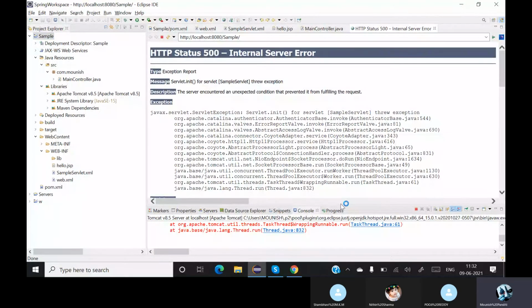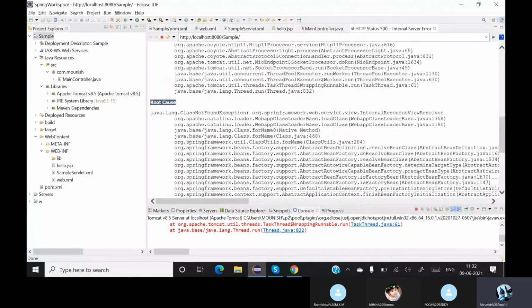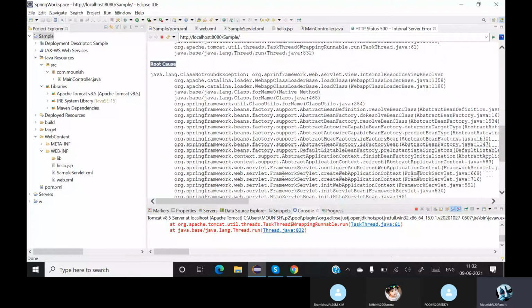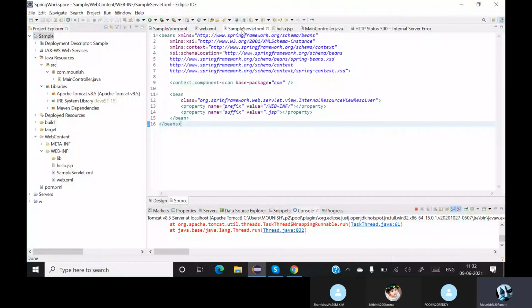Okay, wonderful. Servlet exception, init, can't find class, internal view resource. Okay, root cause is what? Class not found, InternalResourceViewResolver. So let me go back to wherever that file is.